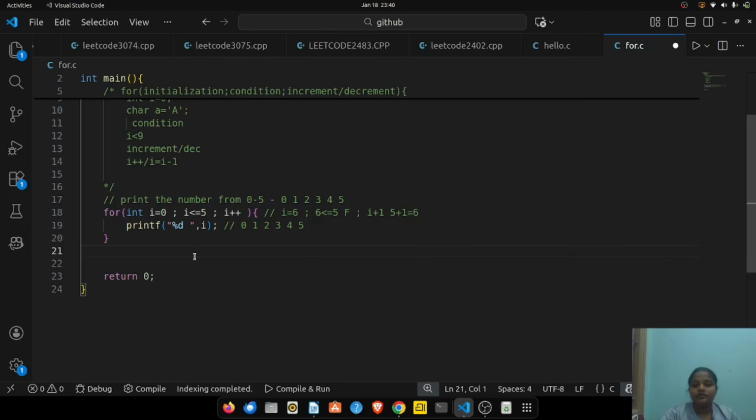Hope you understood this. What if we want 10 numbers? We just want to print up to 10. We just write here 10, right? So it will print 0 to 10, right? Hope you understood this. So next,